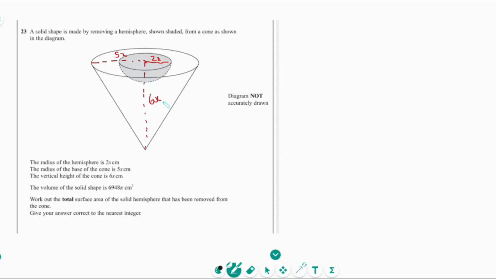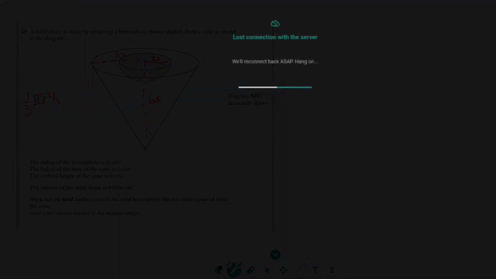6,948 pi. Before I read out the rest of this question, I know I can use that information to get my x, because the volume of that shape is the cone. And if you look in the front page of your book, the formula for a cone is a third pi r squared h minus the